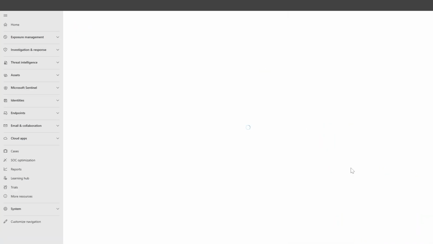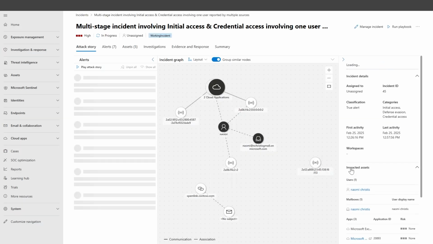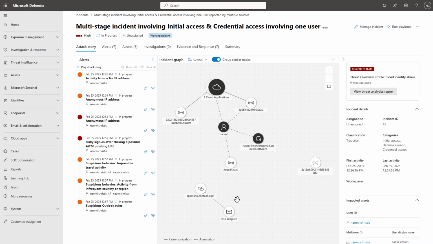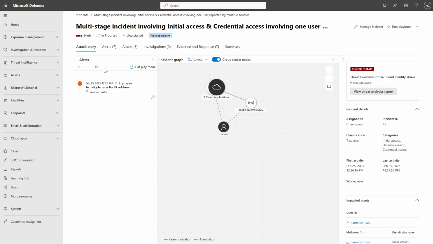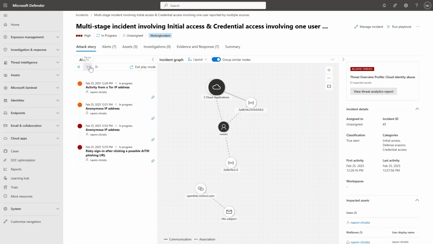The Incidents page in the Unified SecOps experience is a game changer. One of its standout features is the amazing timeline, which gives you a detailed chronological view of the activities related in the incident. This view makes it easy to track the progression of events and understand the context of the incidents. You can even use the replay feature, shown here, to see everything that's happening in the graph, playing out before you. This visual representation can help you analyze the incident in an interactive way.